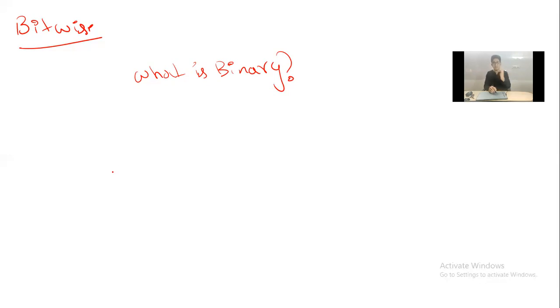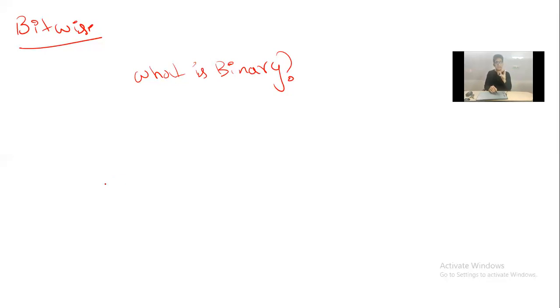That is from 0 to 9, 10 digits will be there. When you're talking to someone, "Hey, I need 5 potatoes," or "I have 33,000 salary," all of these numbers you're speaking are in the decimal number system. But that is for human beings. If a computer has to understand something, it has to be in the form of zeros and ones, and those zeros and ones we call binary.